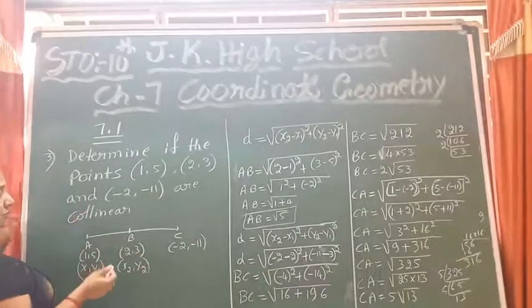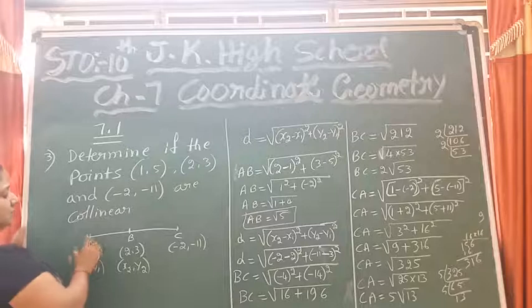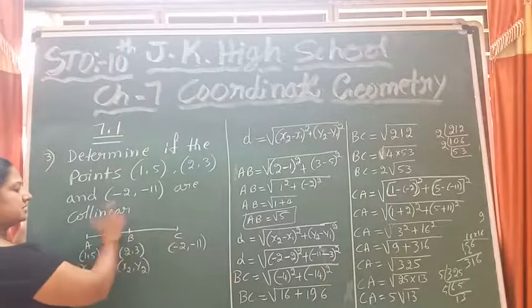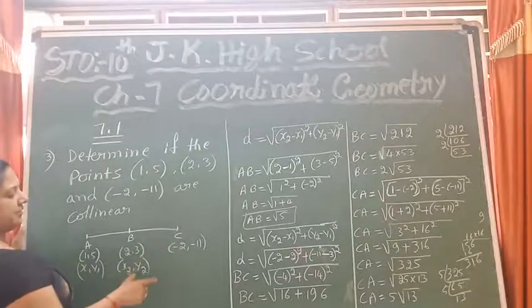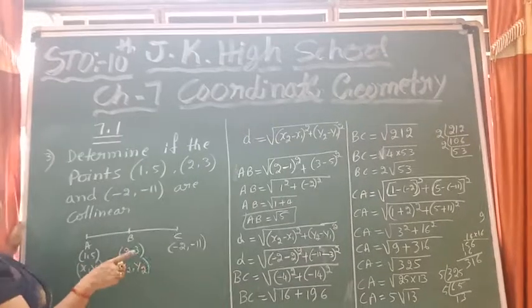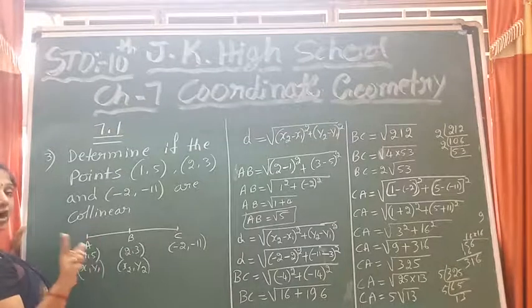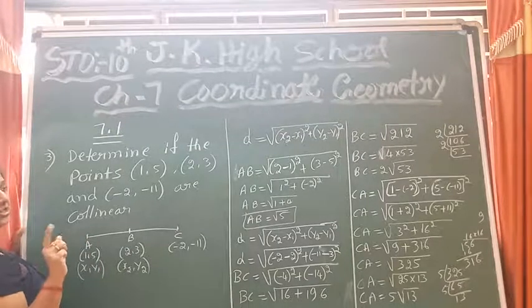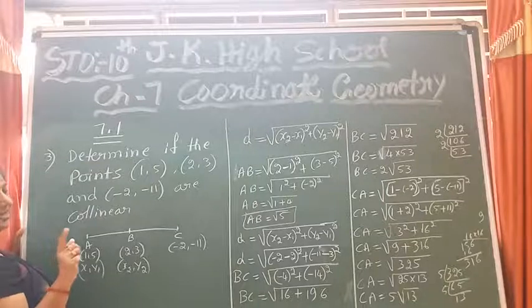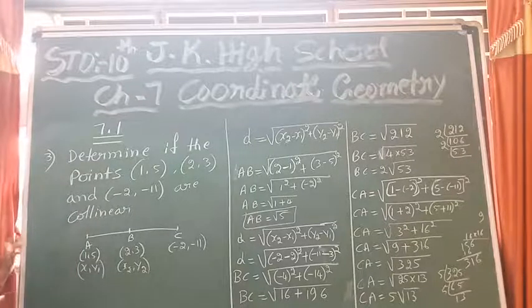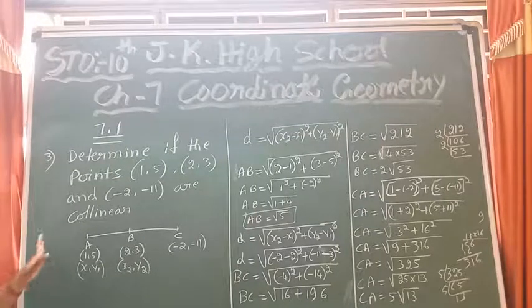I can check in two ways. Now I can find out the distance between these two and these two. Then if I add, sum of those two should be equal to AC. Otherwise, sum of any two sides, if it is greater than the third side, it forms a triangle, already we know. So if it forms a triangle, these 3 points are not collinear children. You can simplify and find out also. Now children, write down this much, I am going to continue.